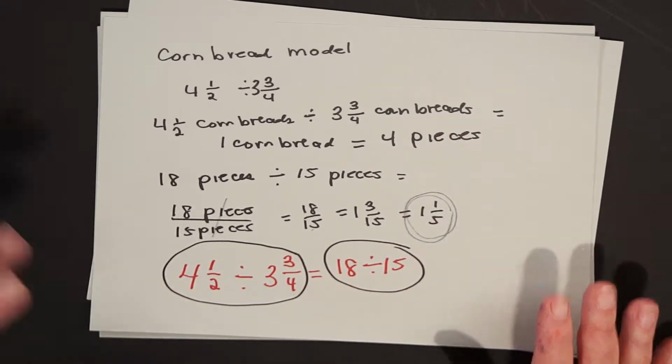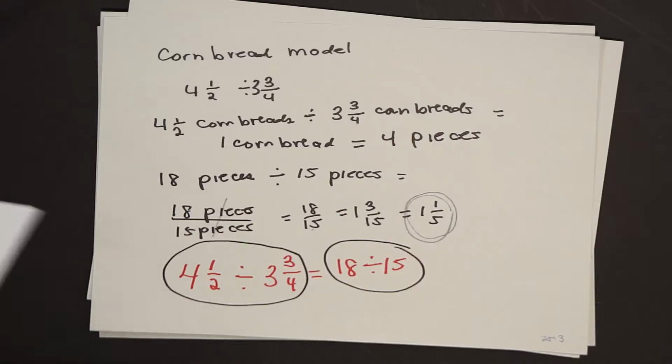Now again, people say, well, that's nice, but why in the world would I ever want to be dividing 4.5 by 3 3/4? I'm very happy that the answer is 1 1/5. Where am I ever going to use this? And this is again where you want to use the quantity idea rather than a number. Let these numbers start to modify units that we're familiar with. For example,